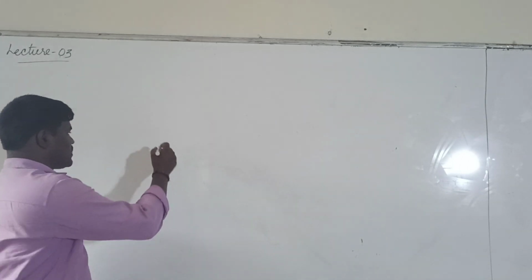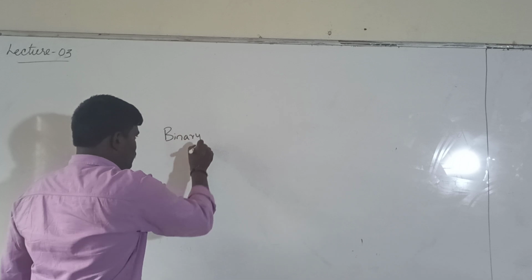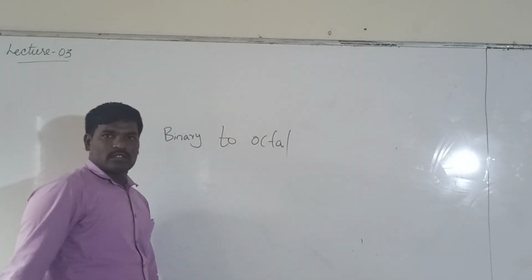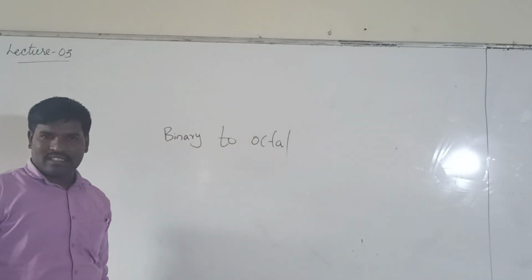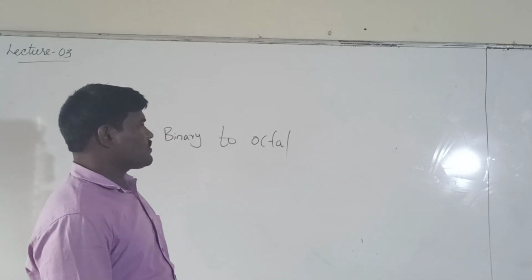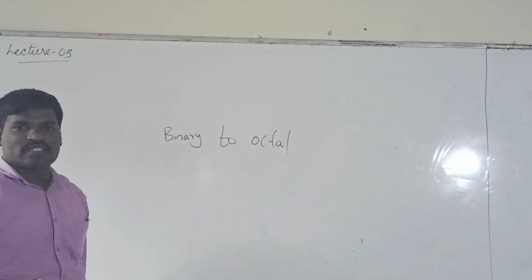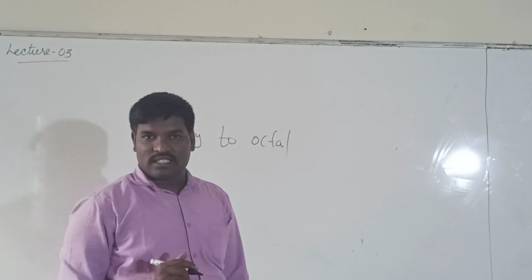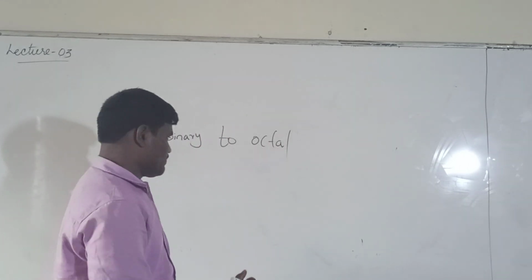For example, if you want to convert from binary to octal, it has some procedure. If you want to convert from one number system to another, first the binary is converted to the decimal number system. After that it is converted to the octal number system. For example,